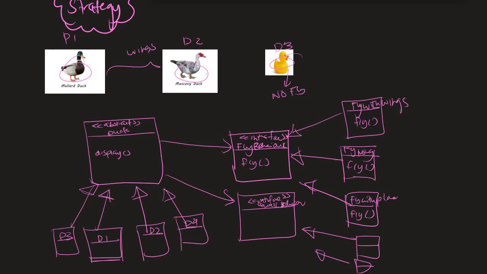So I will show you in the code how you're going to write it. But in the diagram, you're going to write it over here, fly behavior, and similarly you will write for quack behavior. And here within this abstract class, you will have 2 methods which are going to be responsible for calling the fly behavior and the quack